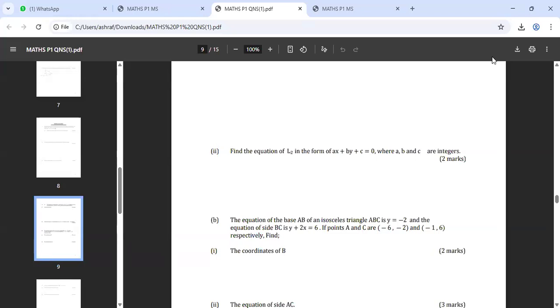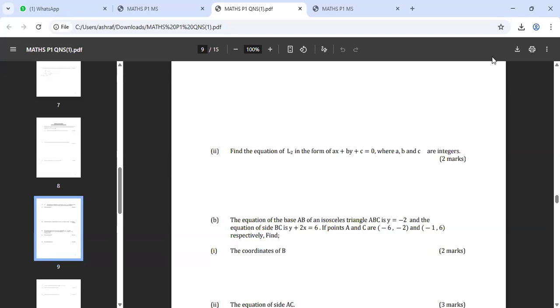So once you find the x-intercept and the y-intercept, the formula for the double intercept form is usually x over a plus y over b equals 1, where a is the x-intercept and b is the y-intercept. So since we already have the x-intercept and the y-intercept, we'll just write x